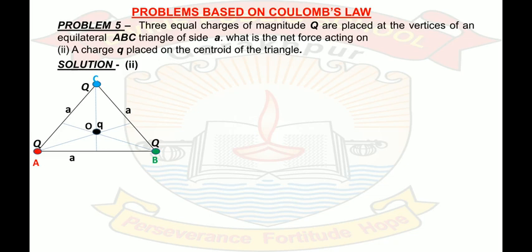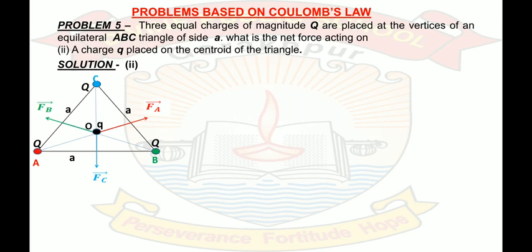So let us understand the direction of forces. Since capital Q is positive and small q is also positive, the force will be of repulsion, and the force will be in this direction as shown in the diagram, away from the capital Q. Due to the charge B, the force will be in this direction. Let this force be Fb. And due to the charge C, the force will be in this direction. Let the force be Fc.